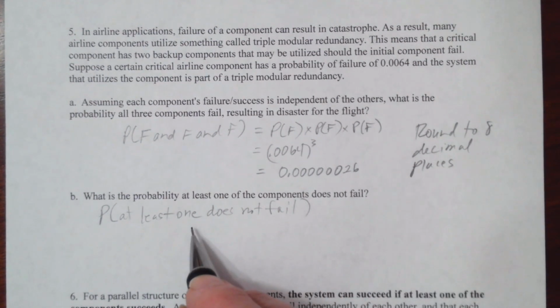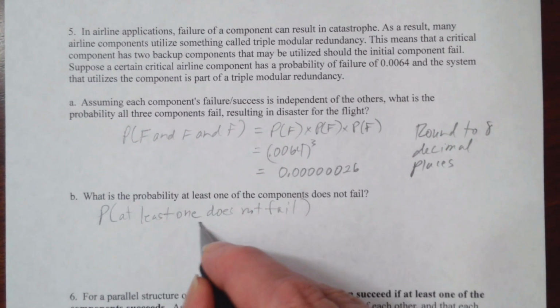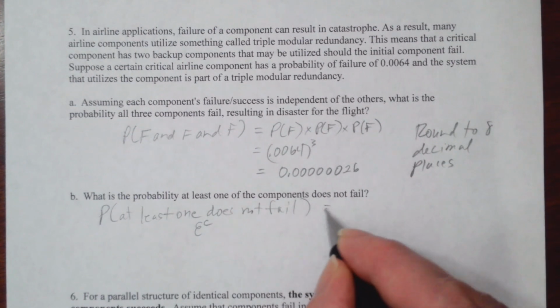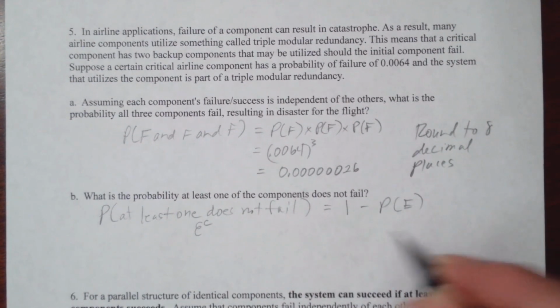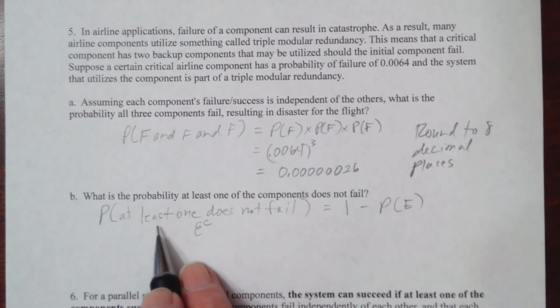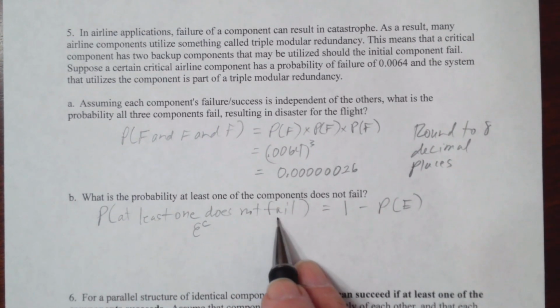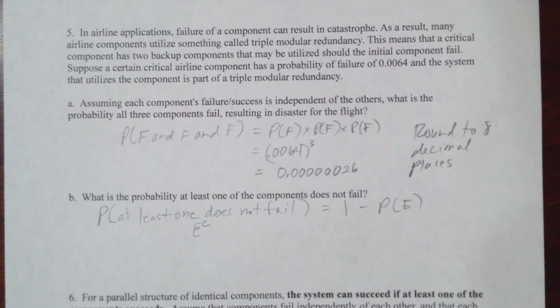So I've called this E complement. It really doesn't matter which one I call E or E complement. I'm going to go ahead and call it E complement still just because of the formula. So if E complement is at least one does not fail, what does it mean for that not to be true? At least one does not fail. So in other words, you've got